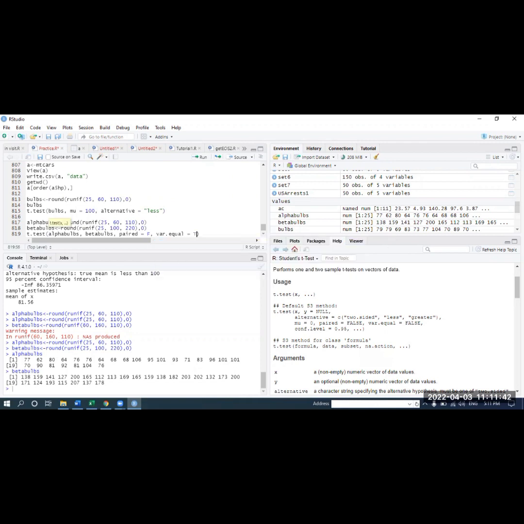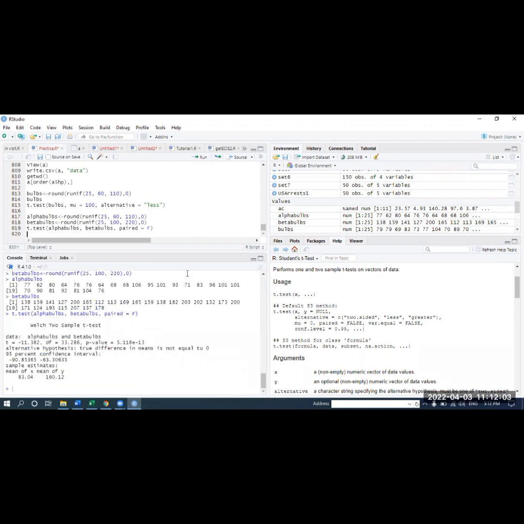Now, if you don't assume equal variance, then what R will give you is the Welch test. Let me just show you. Let me not assume equal variance. Let me delete this and run it. So this is what I mean. It's the Welch two sample t-test. But if you assume equal variance,